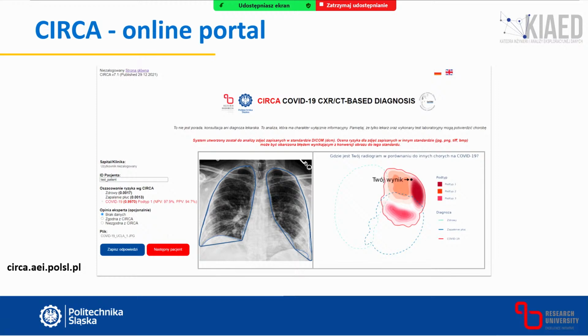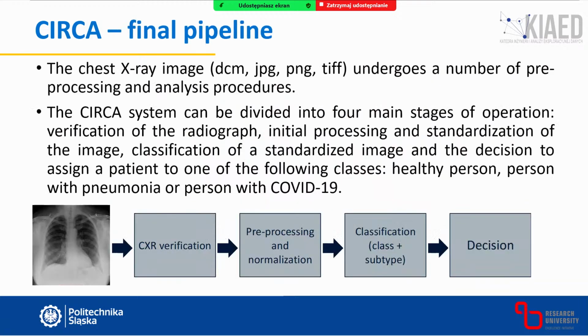And finally, to increase the robustness of acquiring all these images and also to give this tool online, publicly free for everyone, we created this online portal where each of you, going to circa.aei.polsl.pl, can input the data and see your diagnosis and in which subtype your score was. So the final pipeline was created based on the smaller blocks that I already described,